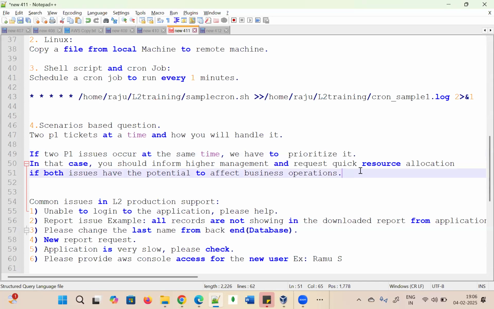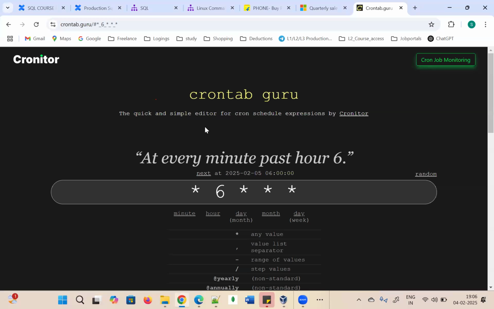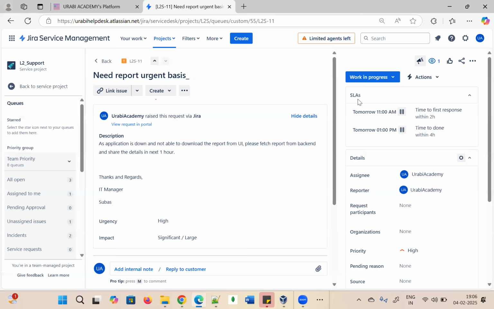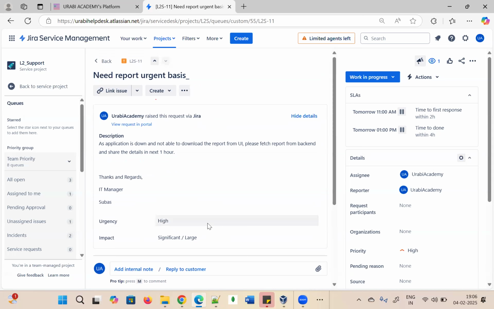In this case, we need to call and get one resource allocated, and in the meantime, you can update the second ticket saying that we are also checking on other tickets and we'll keep you posted, as we have the highest priority ticket. Like this you can update, and once you resolve the first ticket,